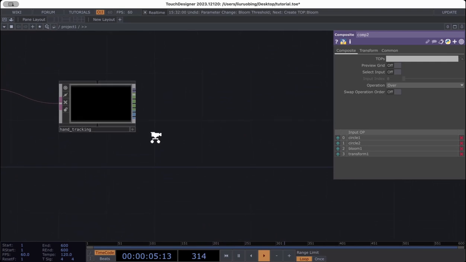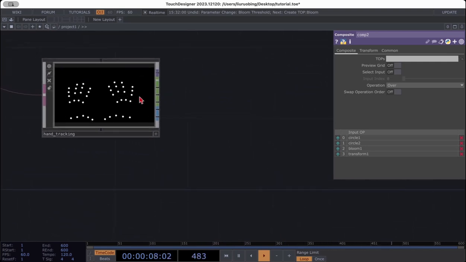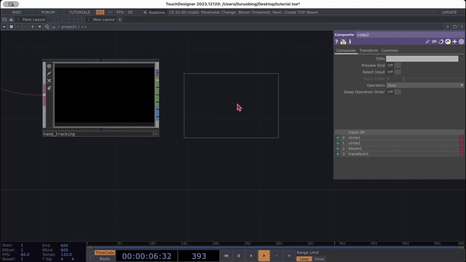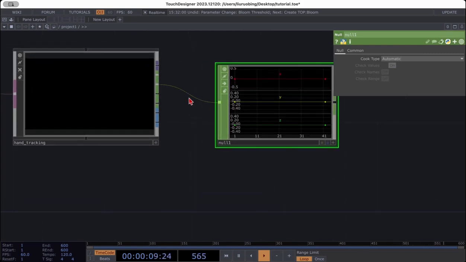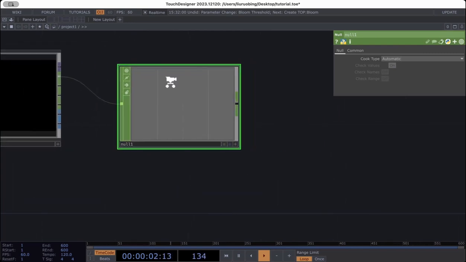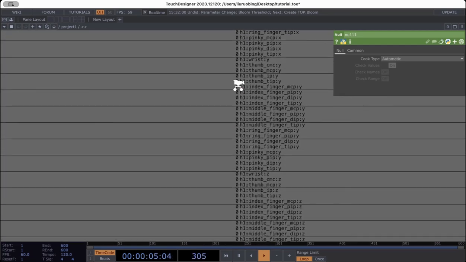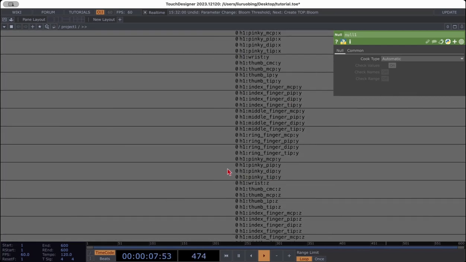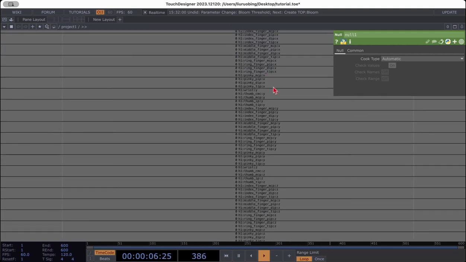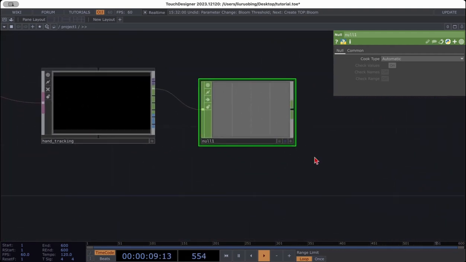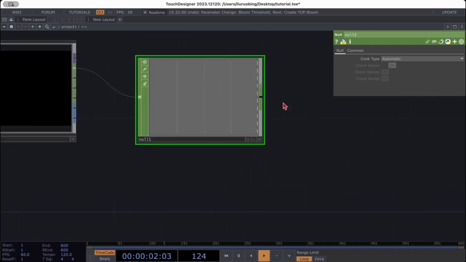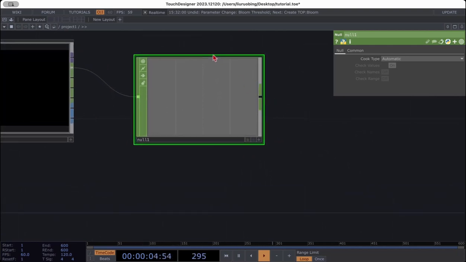So now we have to draw data from this hand tracking panel, and we're gonna do so by adding a null after this. In here, there's a lot of data that we could draw from, like the different positions of different fingers. So you could see X and Z, and then up there there's Y. Because we want the whole circle to stay in the middle of our hand, we're gonna select out